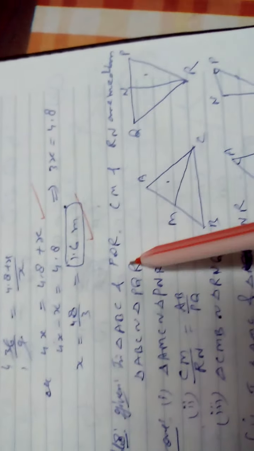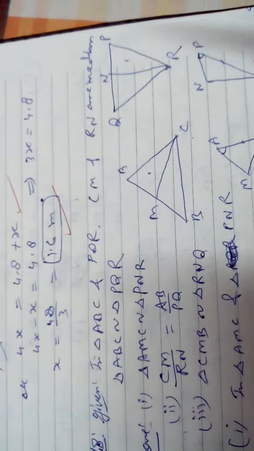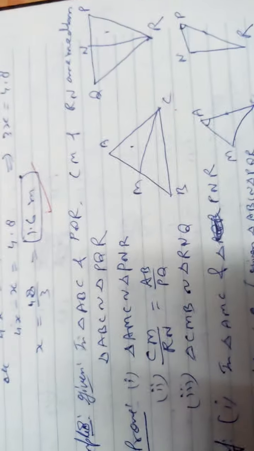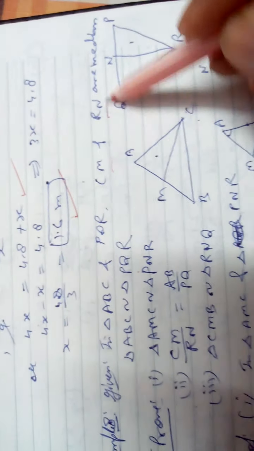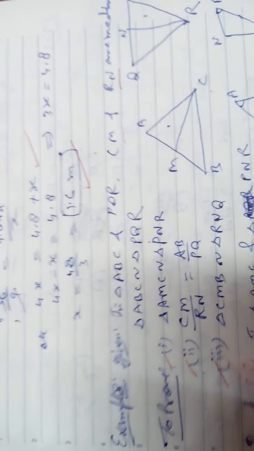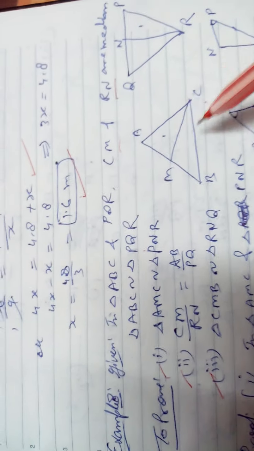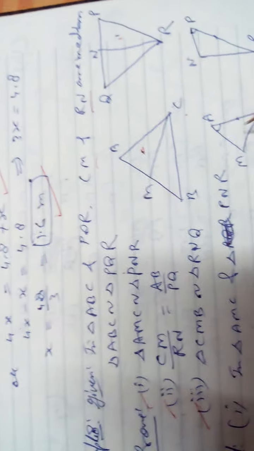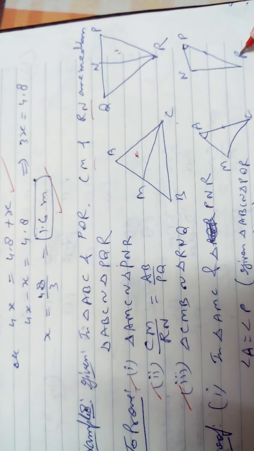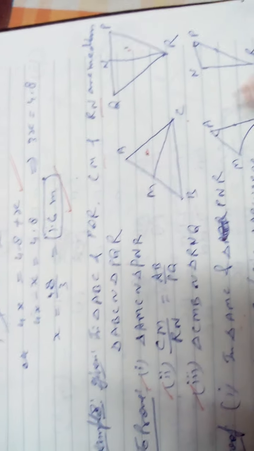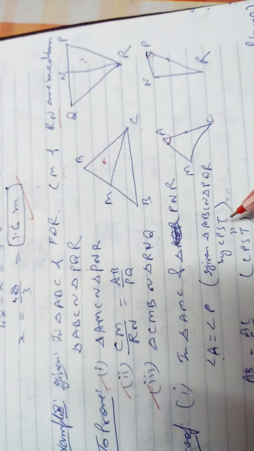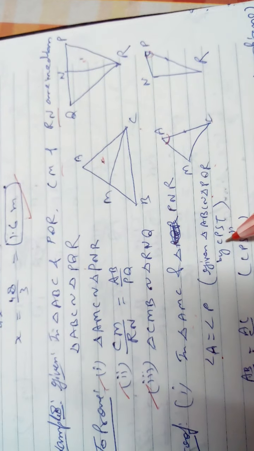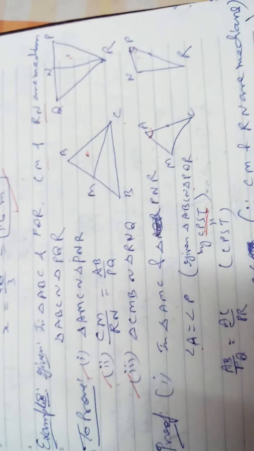First of all, see in triangle ABC and triangle PQR, what is given? Both are similar and these two are medians. Write in short form: first proof, second proof, third proof. First proof, in triangle AMC and PNR, I have drawn them separately. Because the big triangles are similar, these two angles will be equal. Why? Given ABC similar to PQR, so by CPST these angles are equal.